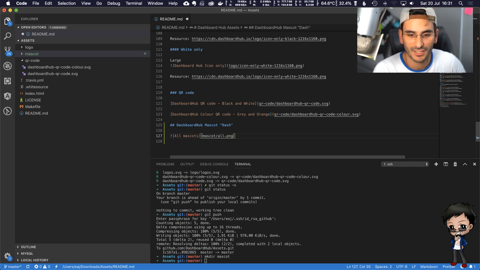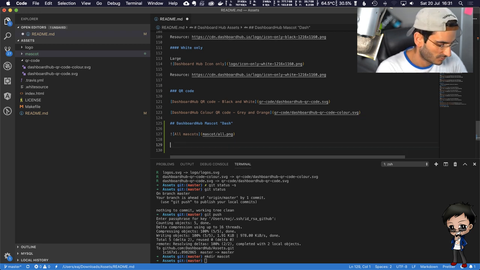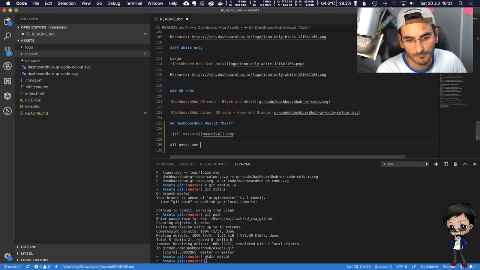Then it should load it in the README, and we'll say all poses and vector files are in the mascot directory, and then people can have a look and see.